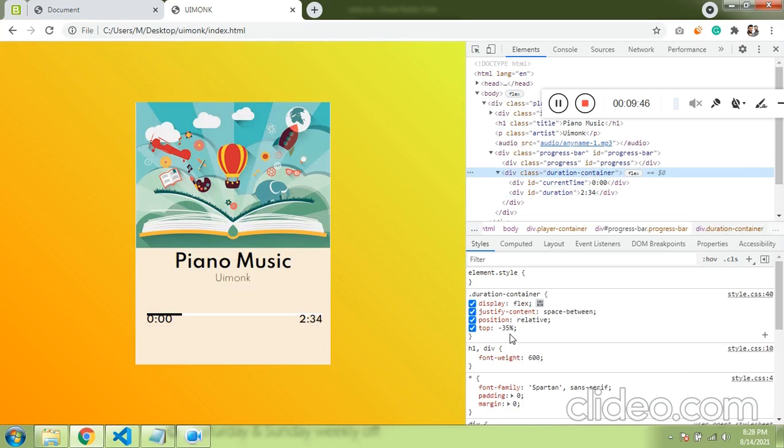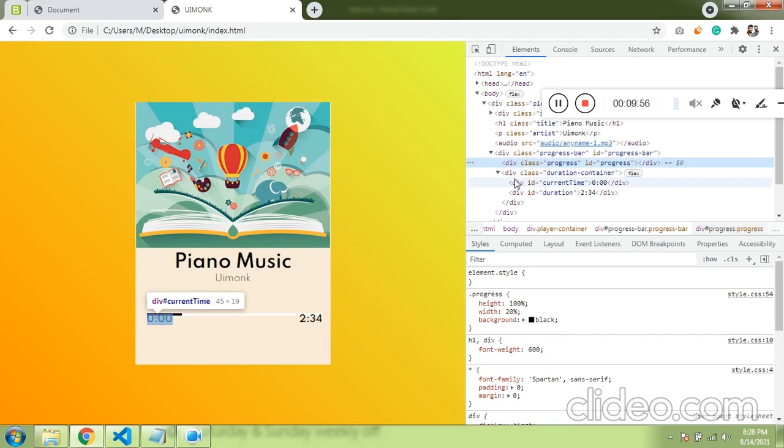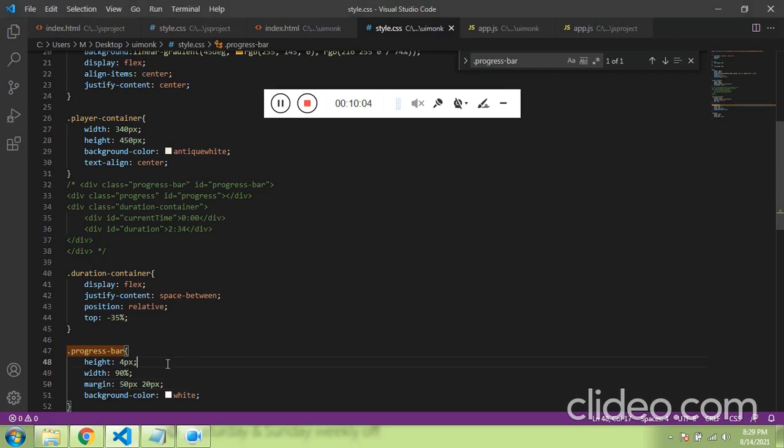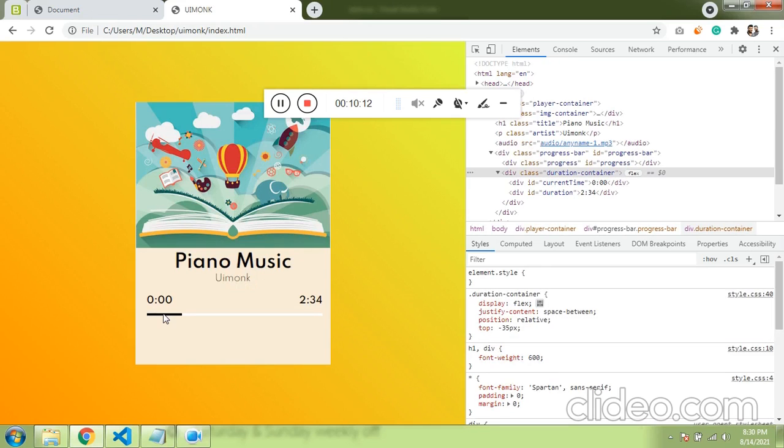Duration. Why is it not able to change? So instead of using the percentage, we need to give the pixel. So let me give pixel. Just refresh it. This is how it looks.